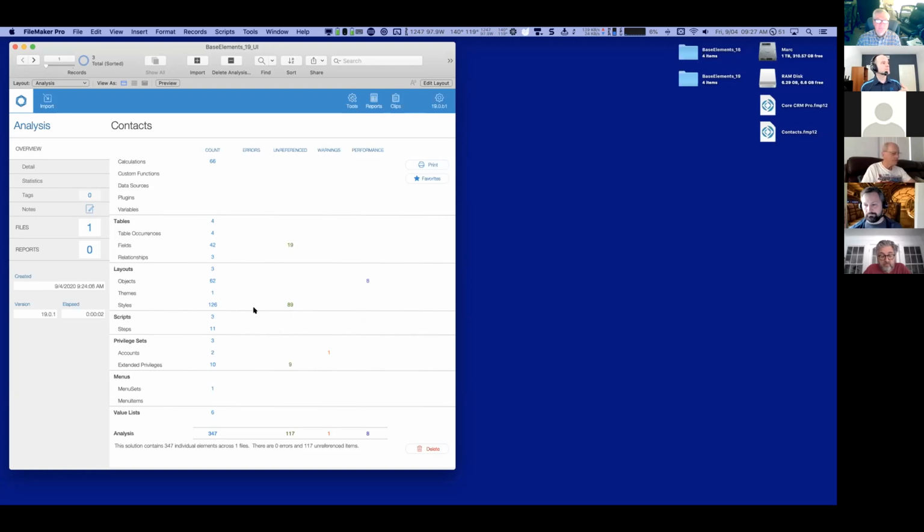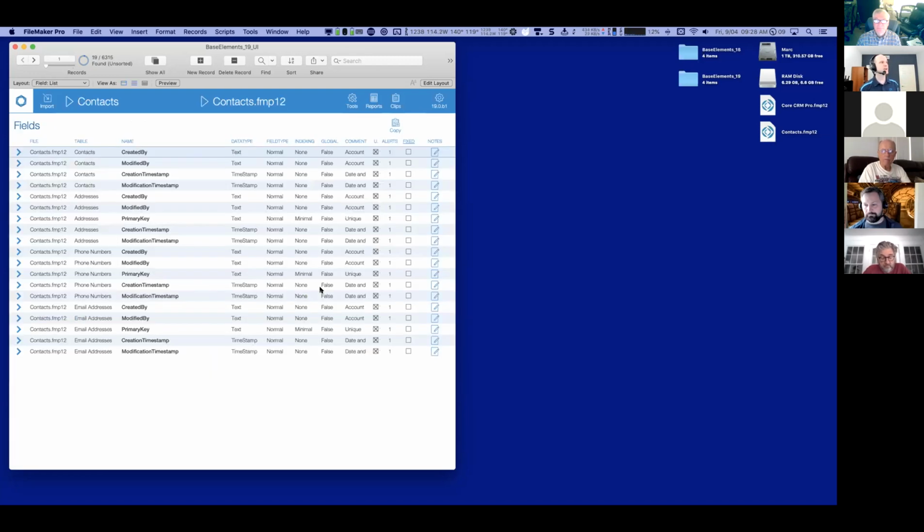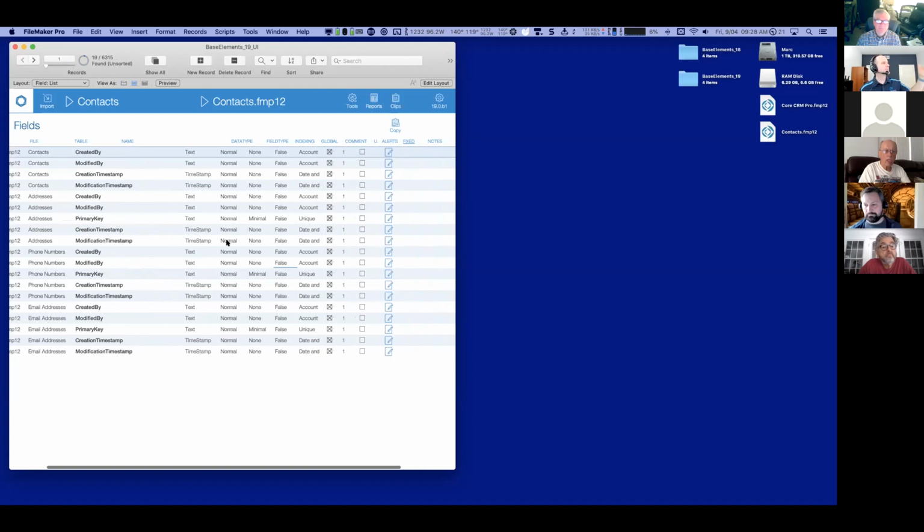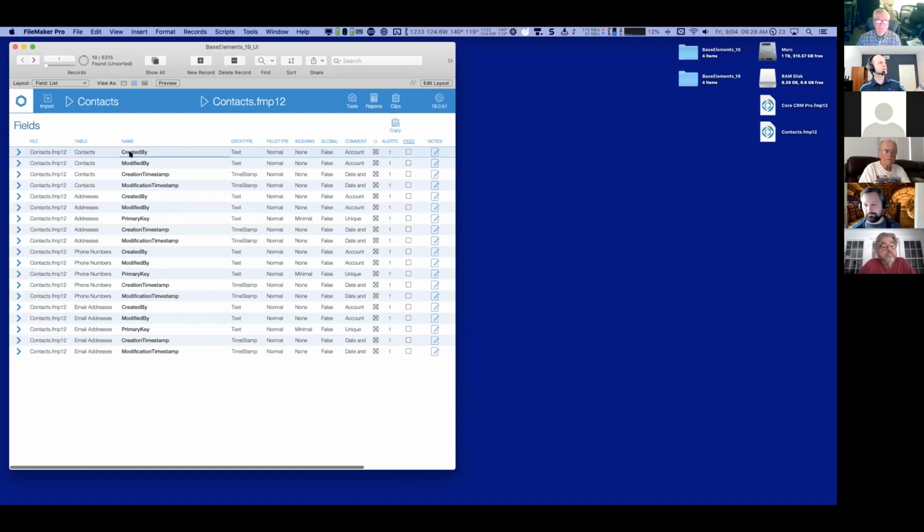So when you're in the middle of developing a solution, oftentimes we as developers want to clean up our construction dust. We've created a bunch of stuff. We've had some fun experimenting. But then at the end of the day, you want to find out what is no longer being used. So if I click on this unreferenced area here, which shows me 19, it brings me into a list view of all those items that are absolutely unused, but not necessarily completely, because there's a lot to an element, whether it's unused or not. But it's showing me that, technically speaking, in the contacts table, the field called created by